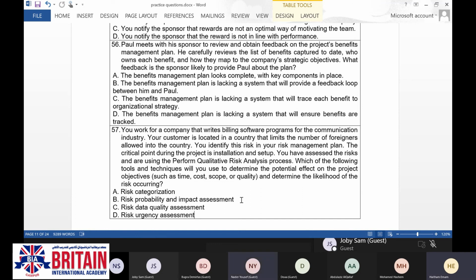Risk data quality assessment. You are going to keep in your mind that this data, whether you are going to collect data from someone, is not biased. Biased means, let's say you have a certain problem with someone, and you know that guy, you don't like him.